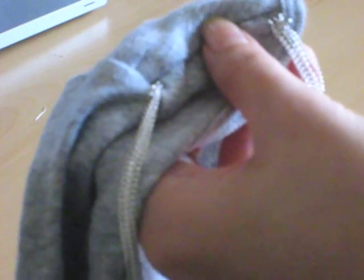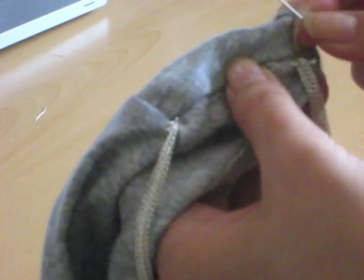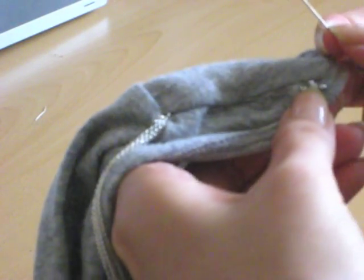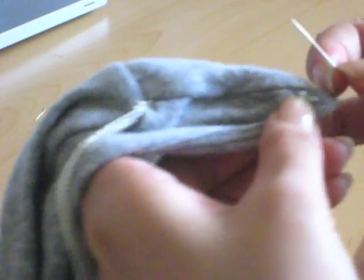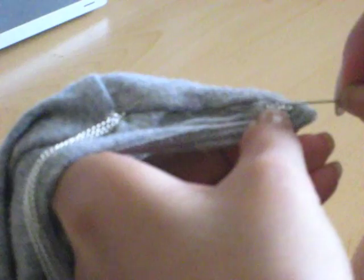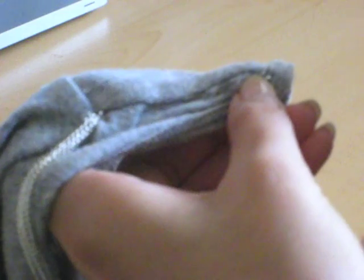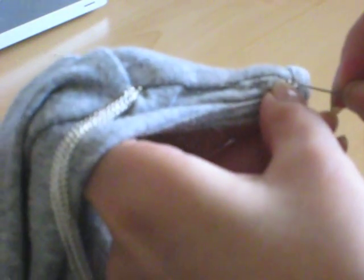So now we're ready to sew, and like I said about the second link, the reason why we didn't go through the first link with the pin is because we're going to be using that to actually sew it down to the shirt, and the second link is just there because the pin will hold everything in place. So what you do is you sew through the first link,